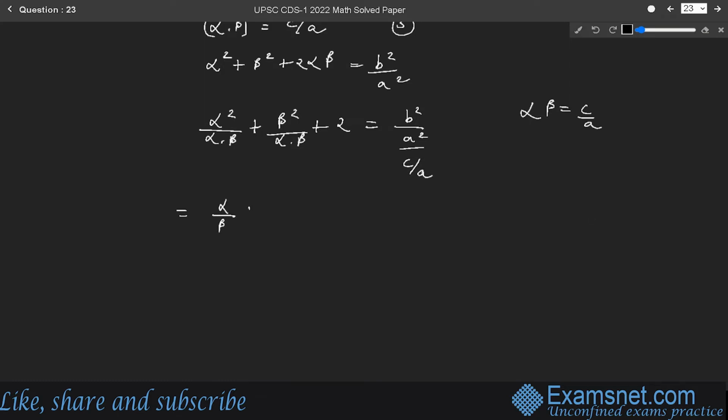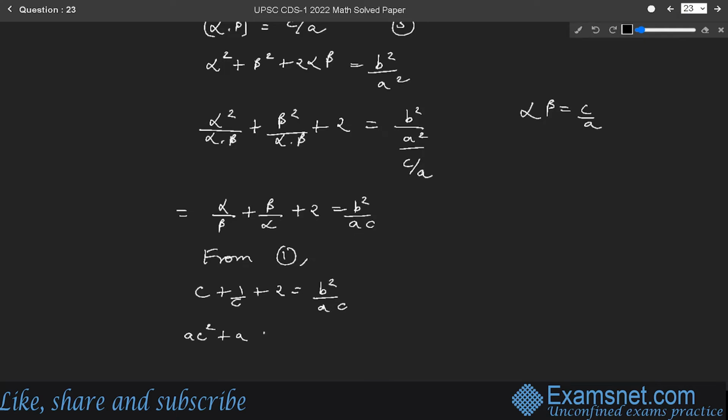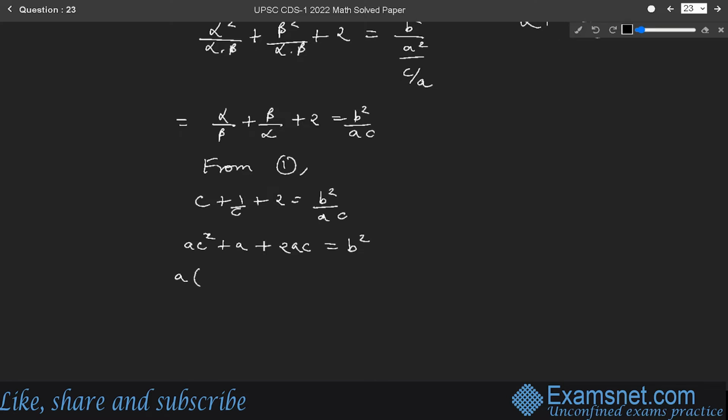alpha upon beta plus beta upon alpha plus 2 is equals to b square upon AC. Now from the first equation, we can write from equation 1, C plus 1 by C plus 2 is equals to B square upon AC. Multiplying the above equation by AC on both sides, we will get AC square plus A plus 2AC is equals to B square. Now taking A common, it will be C square plus 1 plus 2C is equals to